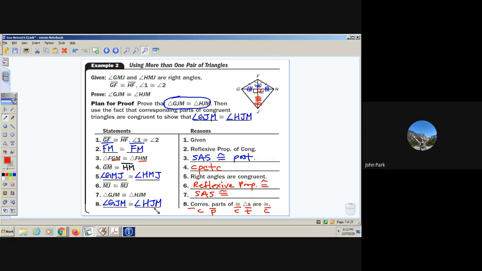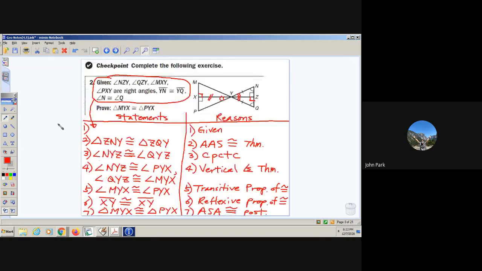Now, notice we only use CPCTC after we establish that the two triangles are congruent. We did that twice. We did that here on step 4, and we did that here on the final step. Okay? So CPCTC is only after you know that you proved or you established that the two triangles are congruent. Okay? All right. So here's another